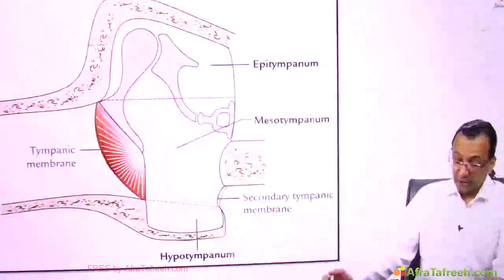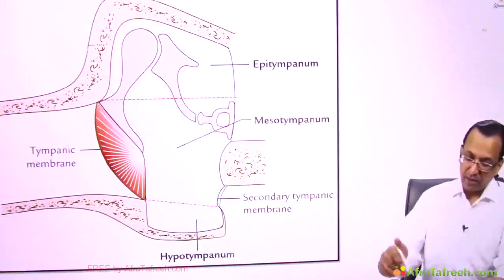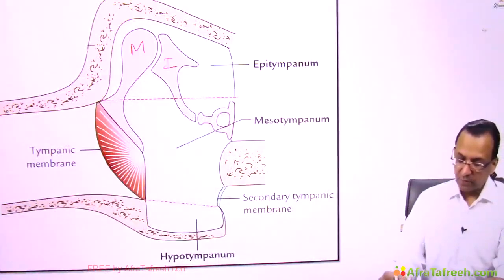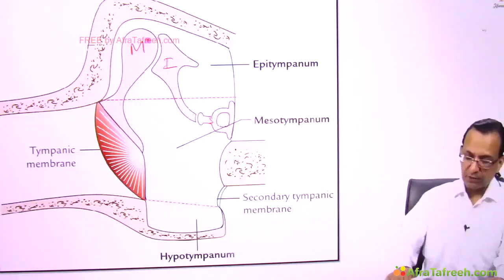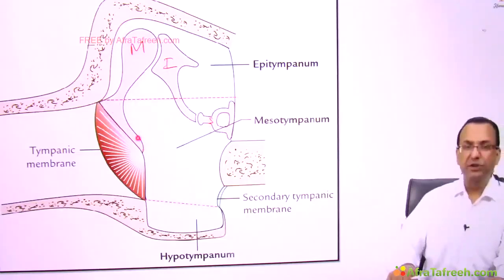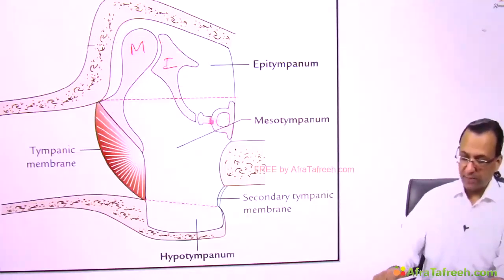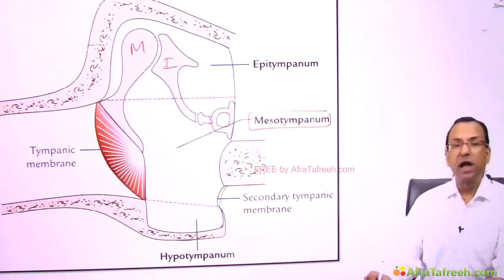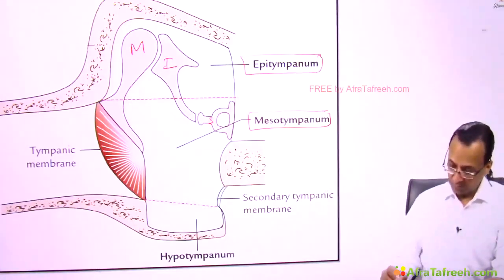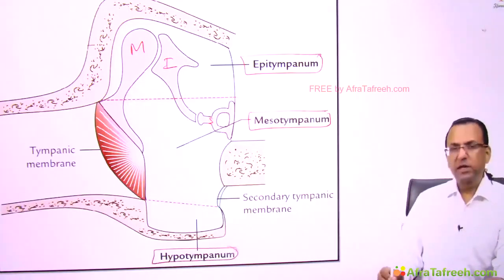And this is the middle ear cavity having the malleus bone, incus bone and the stapes bone. So you are telling this is the malleus bone which is attaching to the tympanic membrane? Yes. And this is the incus and the stapes. Where is the stapes present? Actually, the middle ear cavity is divided into three parts. There is the mesotympanum, in the middle, above that the epitympanum, and below that the hypotympanum. So which is the